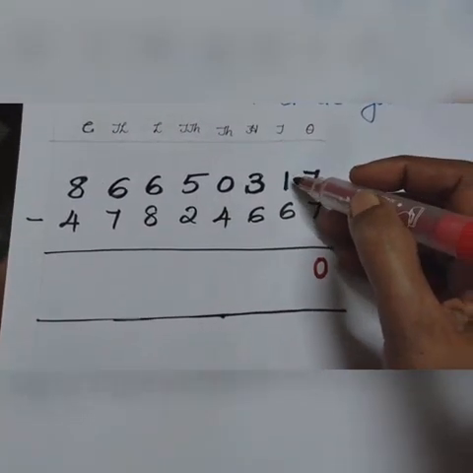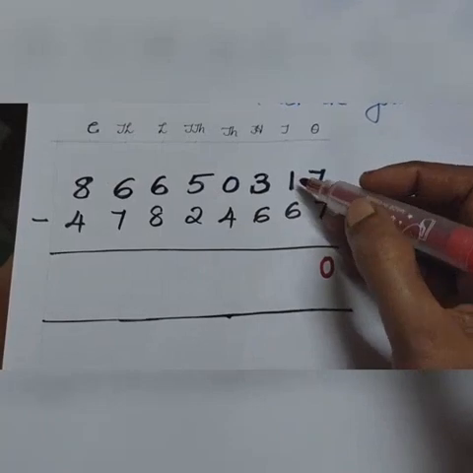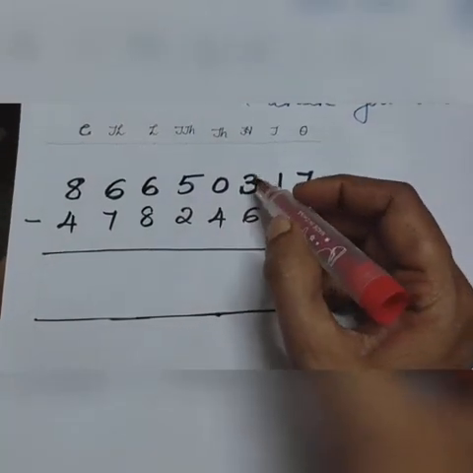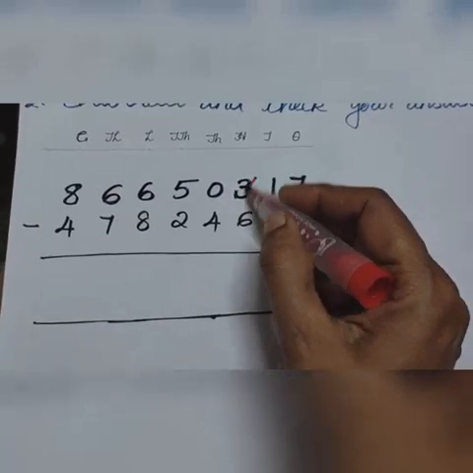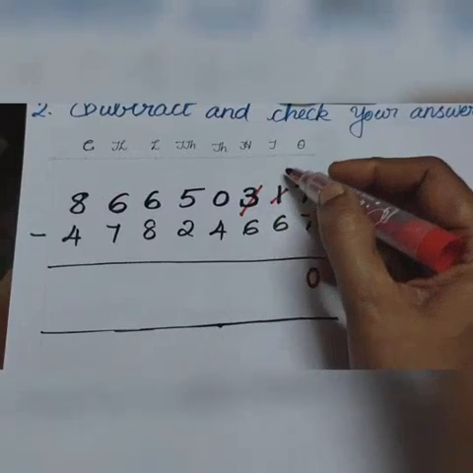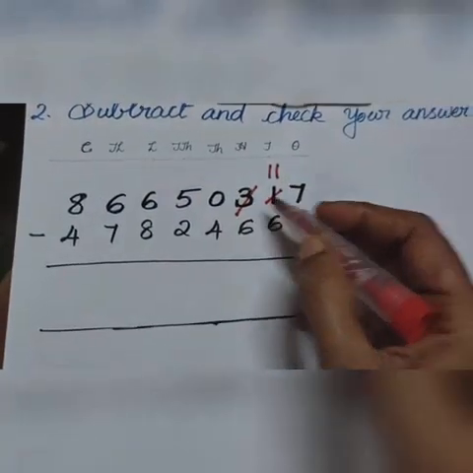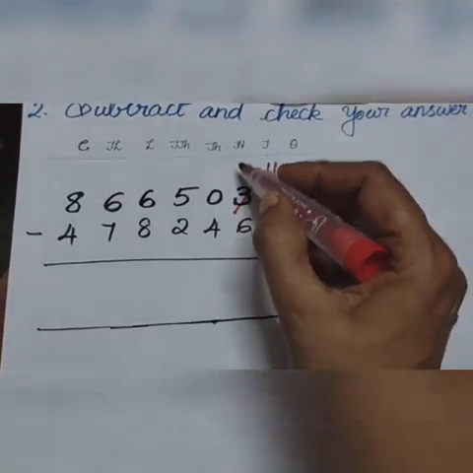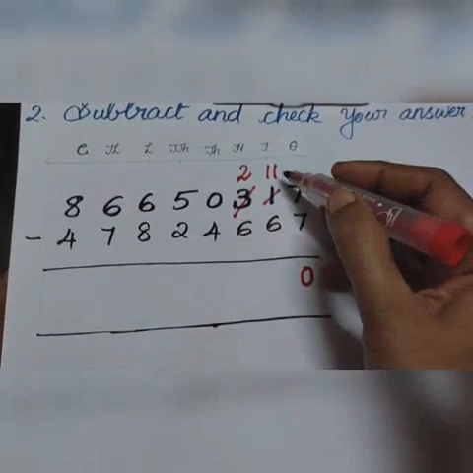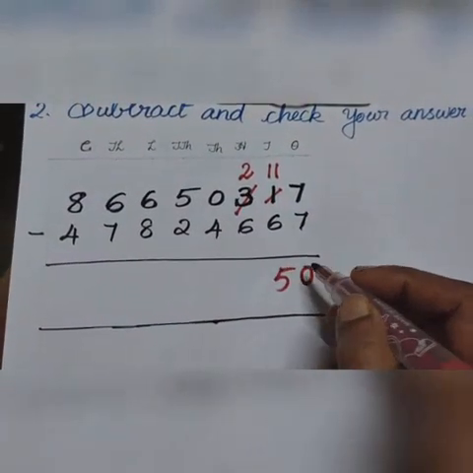Okay, children. See in tens place 1 minus 6. Okay, children. The number on the top is a smaller number. So we cannot subtract, is it not? So what we have to do? Yes, we have to borrow from hundreds place. There 3 is there, is it not? So from there we borrow 1, means here already we have 1, so it becomes 11. Okay children, there 1 left, is it not? So there remaining 2. Okay, so what is 11 minus 6? 11 minus 6 is, yes, 5.